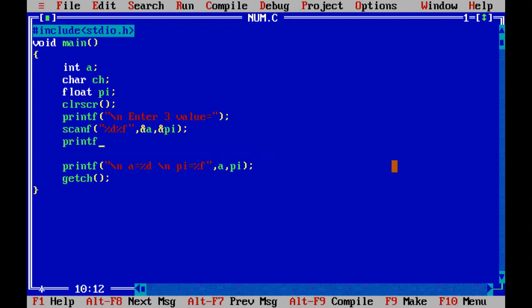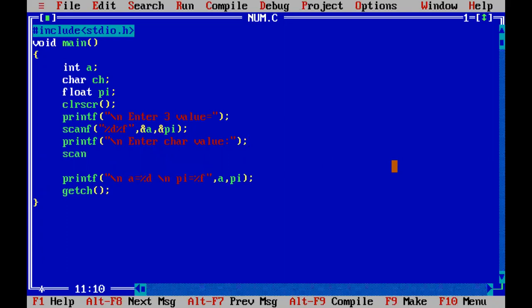So printf, enter character value, and using scanf again I'm reading the same character value because it is not accepted in a single scanf statement. I don't know why.